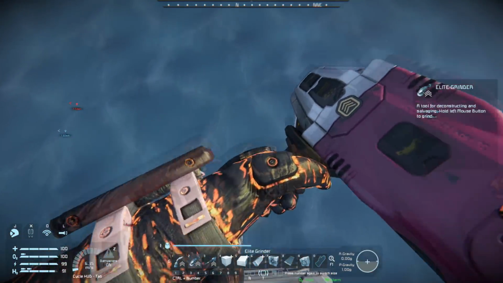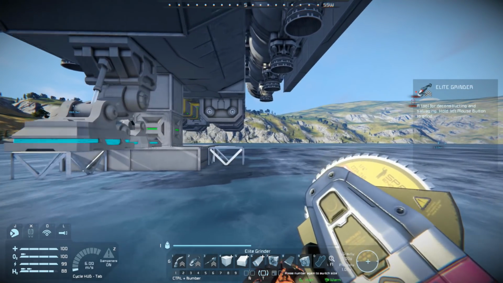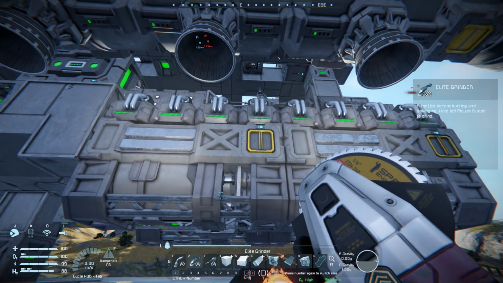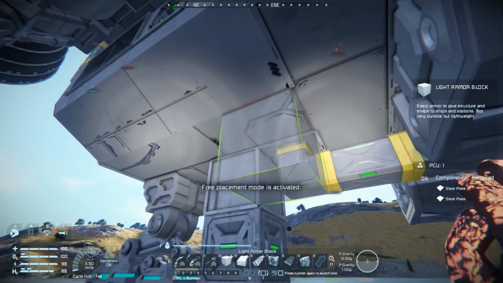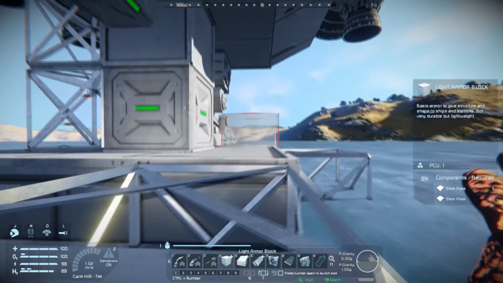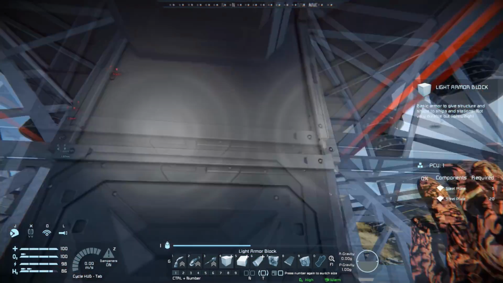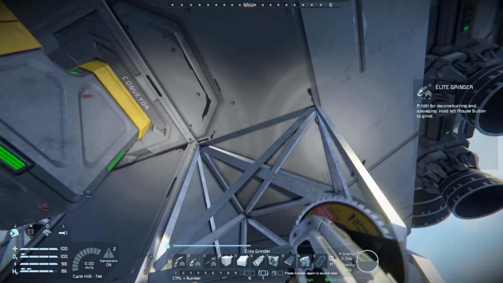Okay, so we now have our ship down. Like I said, I think this is probably going to stay here. So what we're going to do is we're going to go ahead and weld these two together. Now, for those who don't know, once I take this merge block out, this whole thing will stay as part of the station. I'm going to make sure that that's actually...